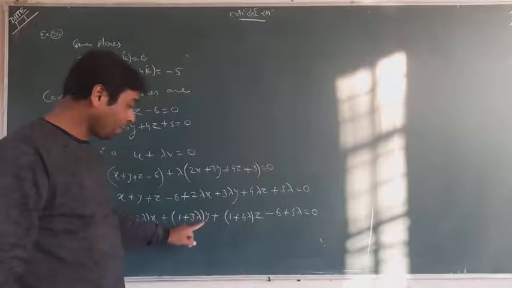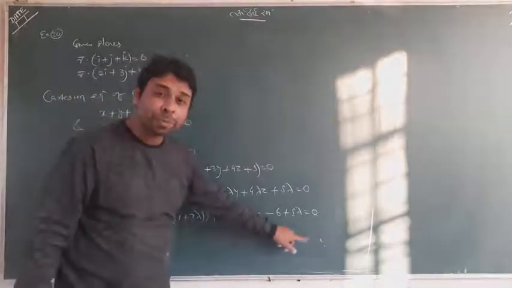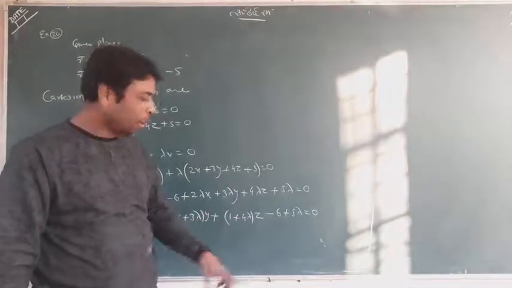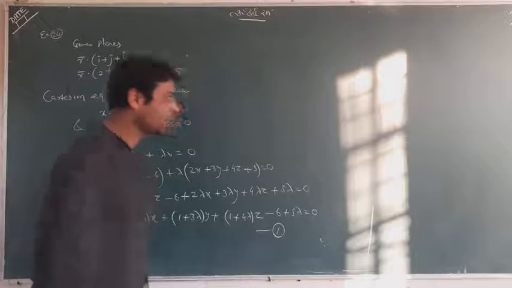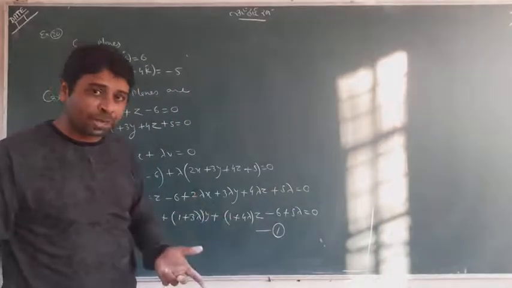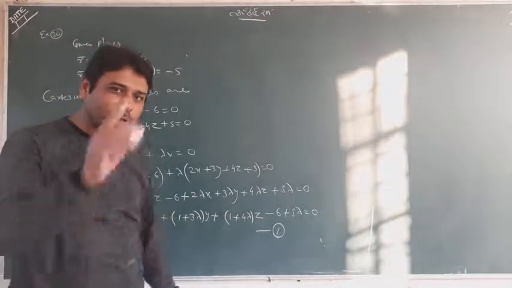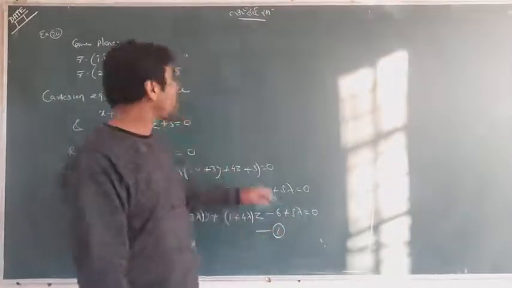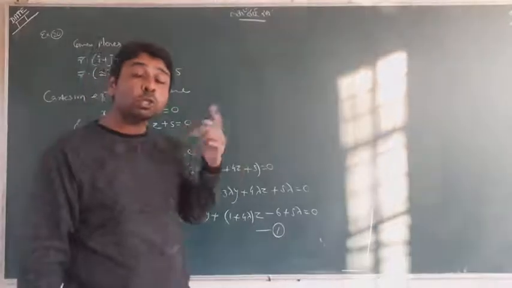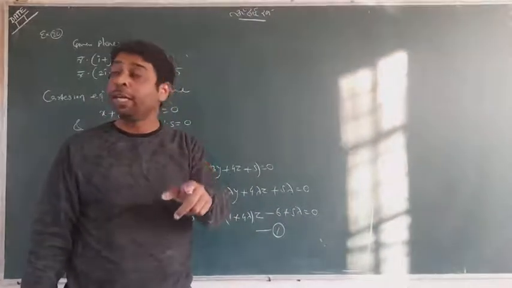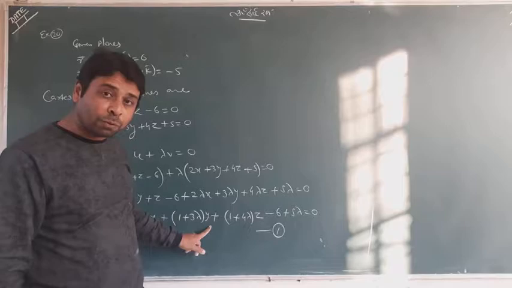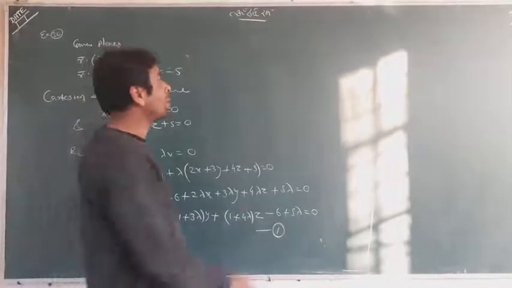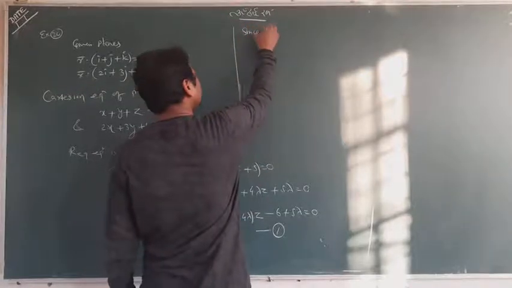Ax plus by plus cz plus d, because it is the Cartesian way now. That's why it looks like that. See, very simple. Now we want to find lambda. This is my answer, but still we don't have lambda. How can we find it? Read the question. In the question it is told that the plane passes through the intersection of these two planes, and it also passes through 1 1 1. It means the point 1 1 1 will satisfy this plane. So I write here, since this plane